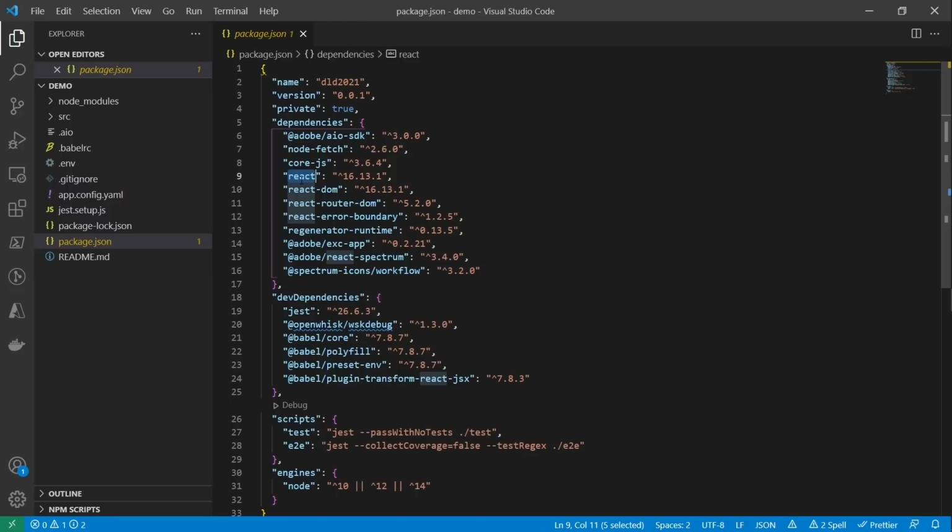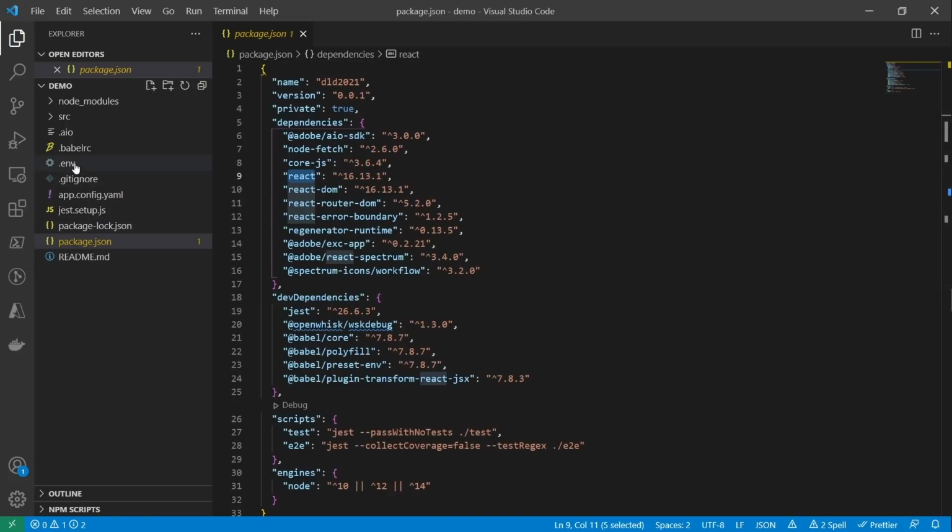This can be any single page application. The reason that this built it out with React is because React Spectrum makes your application look like it's part of the Adobe stack. It makes it look like it was an Adobe product to begin with, which makes it really blend in with the experience. You could use, again, Angular or some other framework here, Vue, whatever you want. But for this, we're building it out with the best practices, which is React Spectrum.